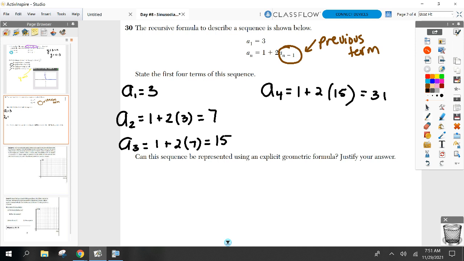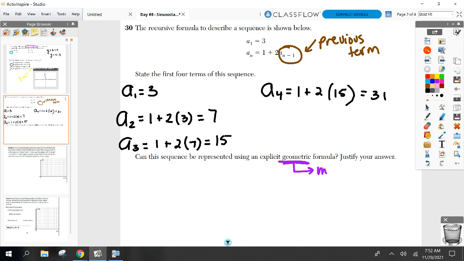And last question. Can this sequence be represented using an explicit geometric formula? Oh, right here. Anybody remember what that meant? Geometric. If I know a sequence is geometric. Come on, dig deep. We had arithmetic, and then we did geometric. What made a sequence of numbers geometric? No, I don't need the formula. I just want what makes, if I look at a sequence of numbers, I can tell if it's geometric or not because